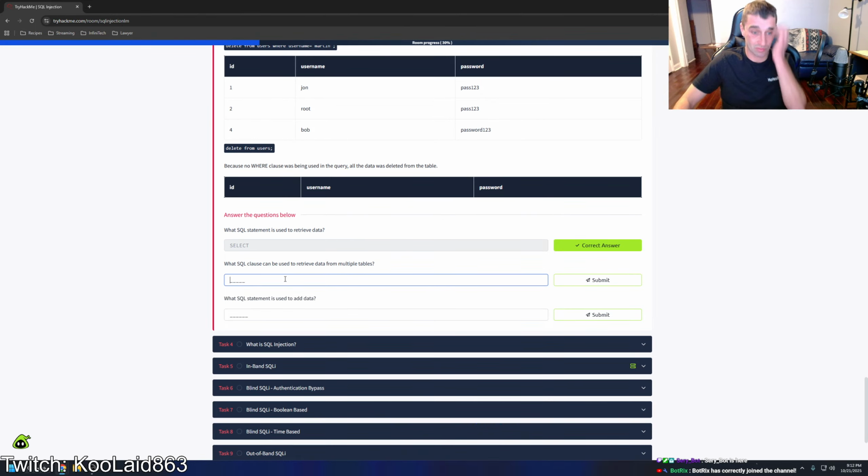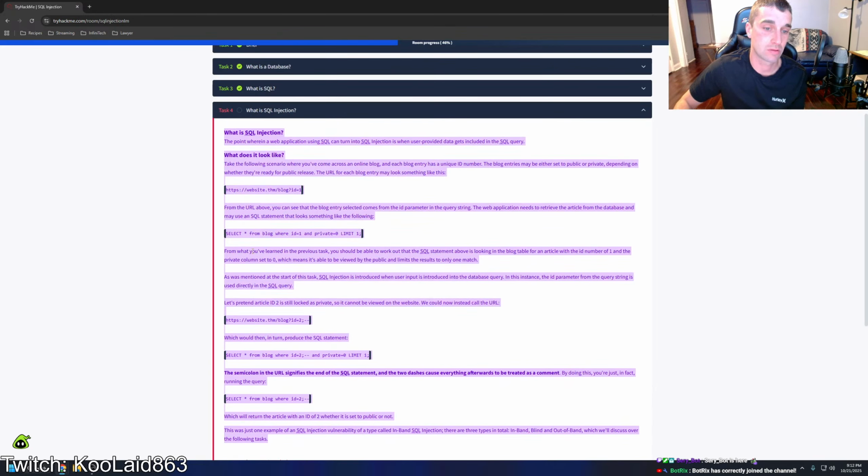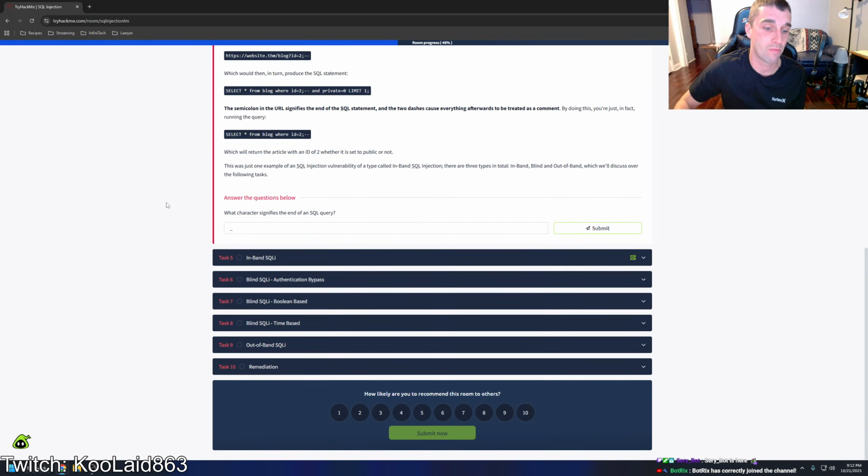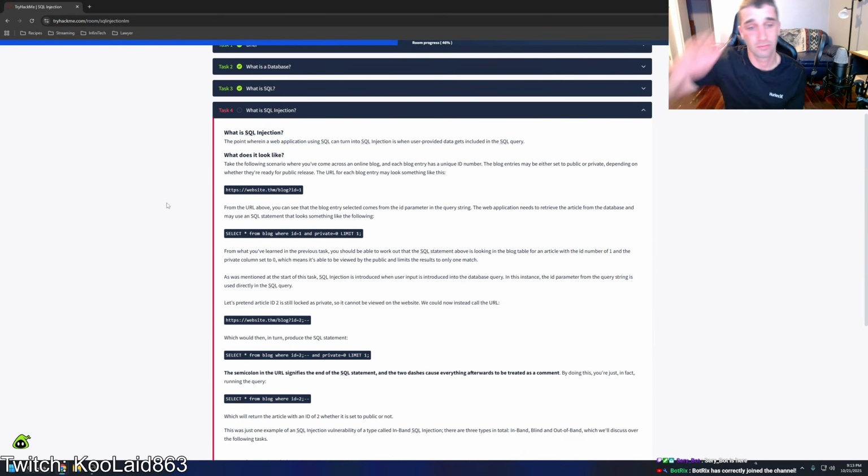What is SQL injection? The point wherein a web application using SQL can turn into SQL injection is when user-provided data gets included in the SQL query. What does it look like? Take the following scenario where you've come across an online blog, and each blog entry has a unique ID number. The blog entries may be either set to public or private, depending on whether they're ready for public release. The URL for each blog